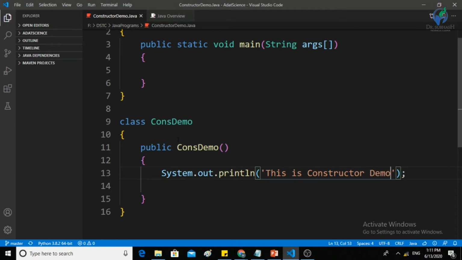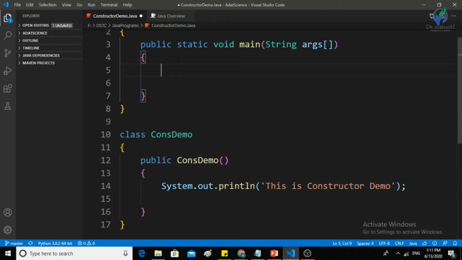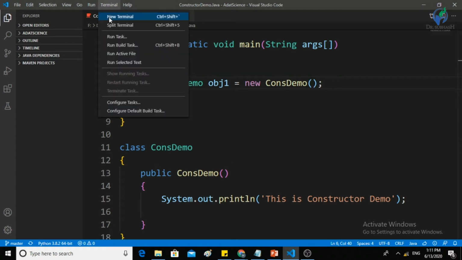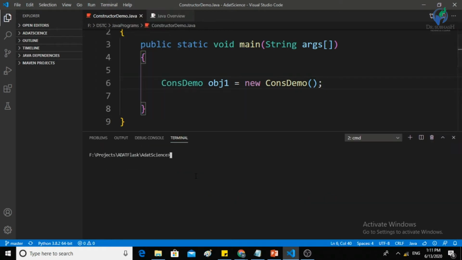Let's save this code. Then I will create an object of the class ConsDemo: obj1 equals new ConsDemo. Just save this code. I can open the terminal right here also.